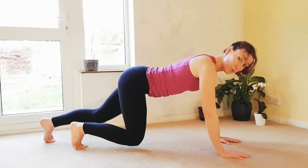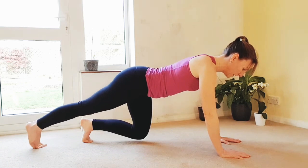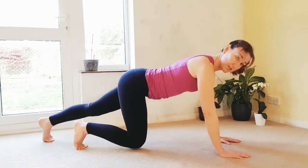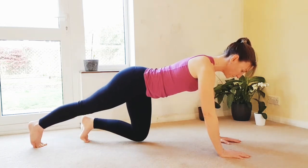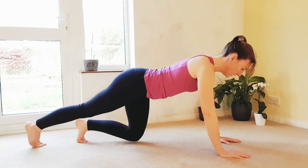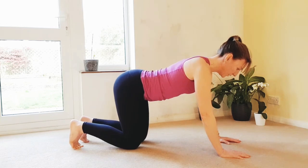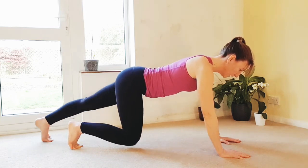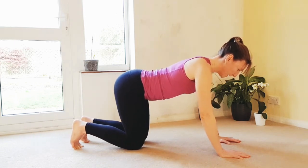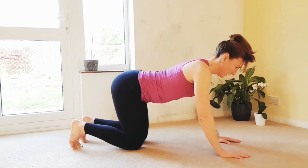If this is too much but you want a halfway house, you can come up, extend one leg, bring it back, and then lower. Okay, so just finding a position that you can maintain. We're going to do two more. Lifting, and lowering. And coming down, just doing a gentle cat-cow stretch. Releasing the back,